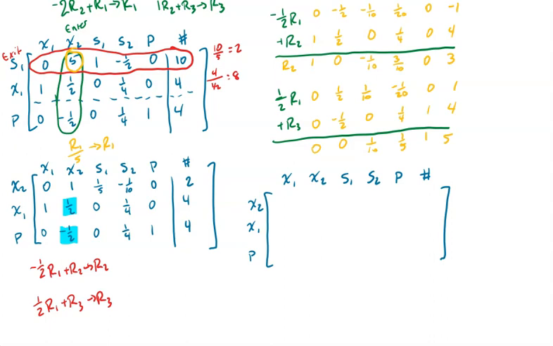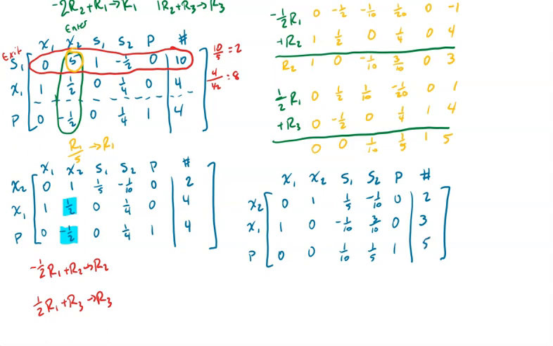So for row 1, we didn't change it. 0, 1, 1/5, negative 1/10, 0, 2. Row 2, we did change. So 1, 0, negative 1/10, 3/10, 0, 3. And then our last row we changed as well. 0, 0, 1/10,